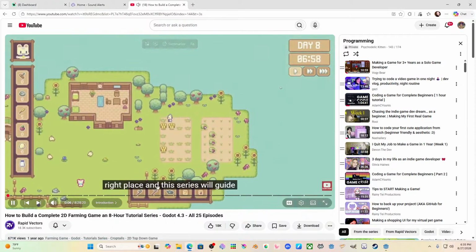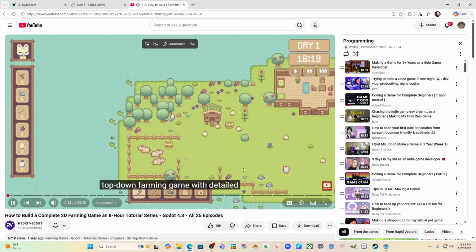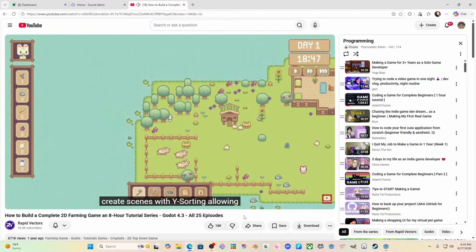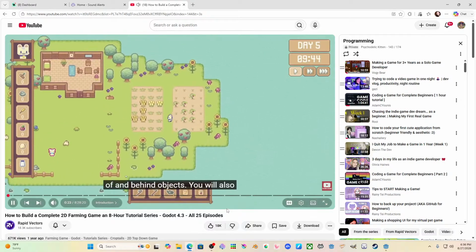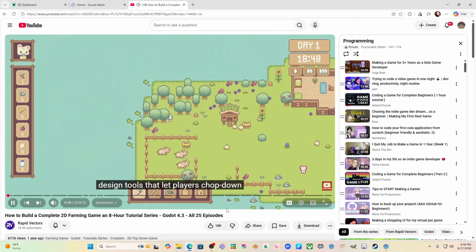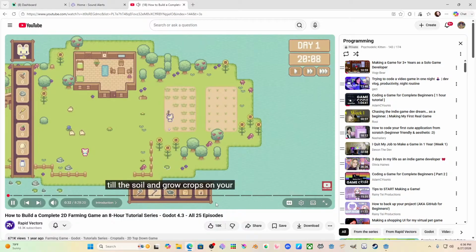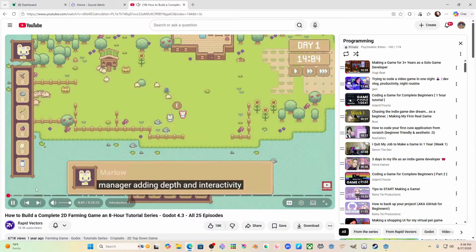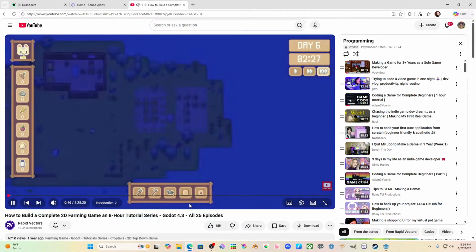You are in the right place, and this series will guide you step by step. You will create a 2D top-down farming game with detailed tutorials on how to use tile map layers and create scenes with Y sorting, allowing your player to move seamlessly in front of and behind objects. You will also design tools that let players chop down trees, mine stones, till the soil, and grow crops on your farm. In this series, you will interact with other characters using a dialogue manager, adding depth and interactivity to your game. You will also learn how to grow your crops using day and night cycles that bring your farming